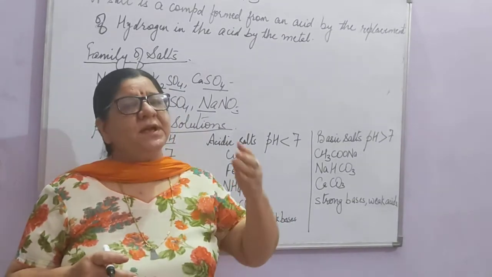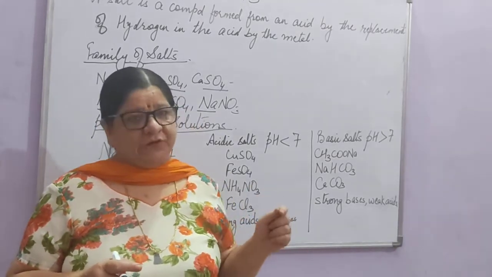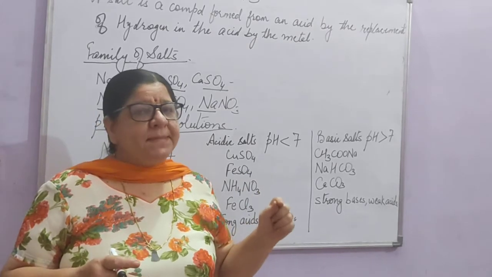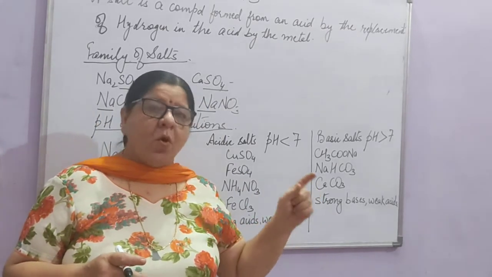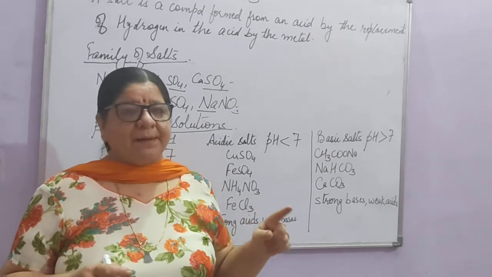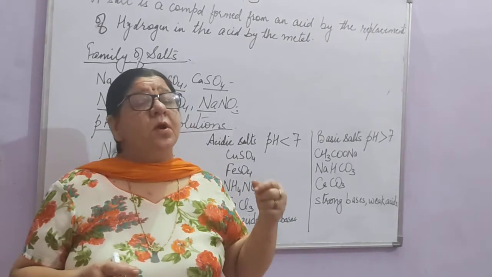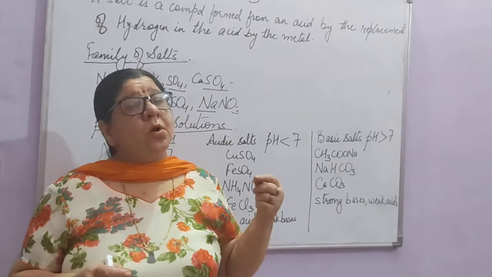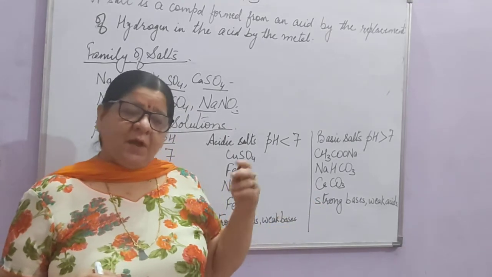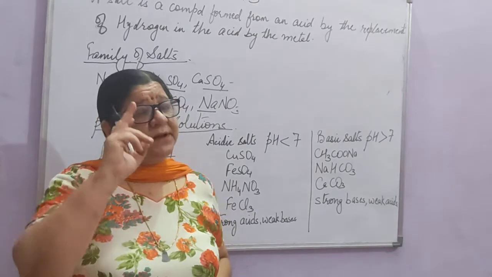So most of the salts formed are neutral in nature. But some salts may be acidic or alkaline also. So how will we come to know whether the salt is a neutral salt or an acidic salt or a basic salt? Just now we learned they are formed by neutralization reaction, but we learnt this also, that